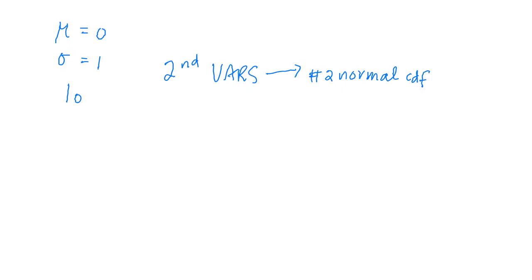Now, if your calculator already has that lower limit, some will have negative 1 E99, some will have negative 9999. This is just a random number, the big lower number. So some of you will have this, some of you will have that. And then for the upper limit, you're going to put